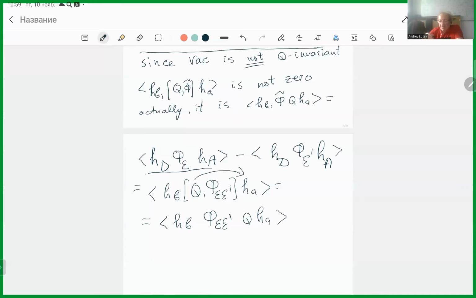So this was the number of trajectories coming out of A, passing through the point E and hitting at D. This was the number of trajectories coming out of A, passing through E prime and hitting at D. So their difference